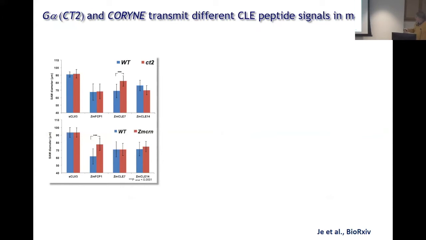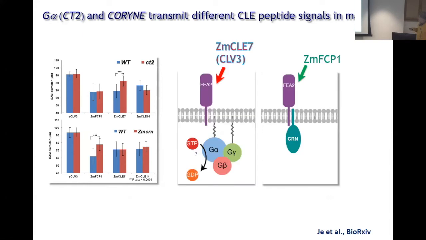And we found that Galpha or CT2 is sensitive to one of the two peptides, but not the other. And Coronae is sensitive to the other peptide and not the first one. So basically, this is our model. I know it's a lot of data, and even I get confused by this, but our model is that